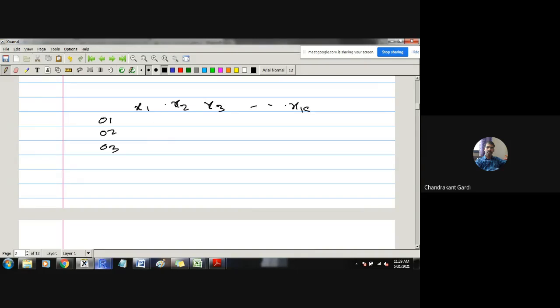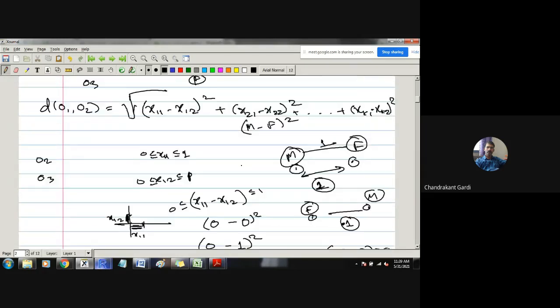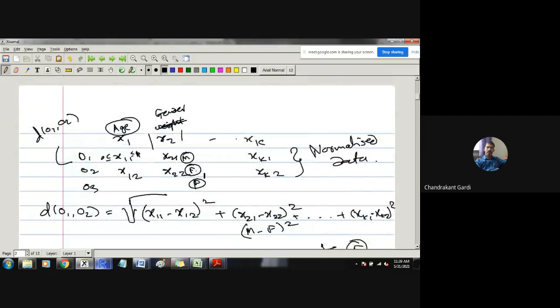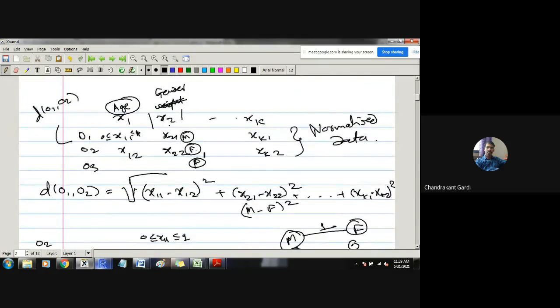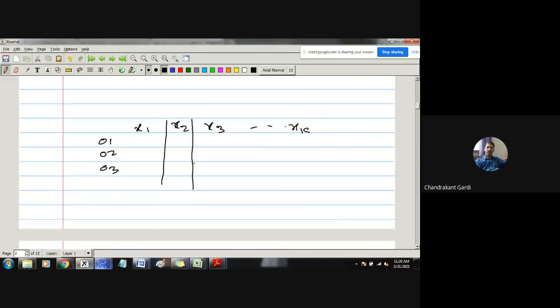I'm going to address that particular point only. So you must be thinking that if this particular categorical variable has two categories, then this approach is okay. But what is the guarantee that it will have only two categories all the time? It may happen that a certain categorical variable will have three categories. So in that case, how do we have distance between these categories? We'll address that concept.